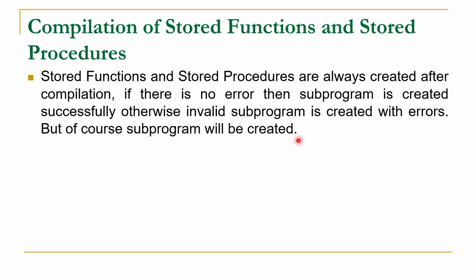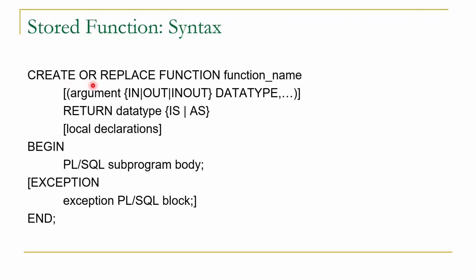So next time when you remove the error and recompile the code, that object is already stored in the database. So that's why in the syntax or replace is added. It means if during first compilation there is error in this function, then the function is stored in the database with errors. So next time when we remove the errors and recompile the code, we will get an error message that object is already present in the database. And you cannot create the function with this name because this function is already stored in the database. By having keyword or replace, this stored function will be overwritten by the new compiled code.